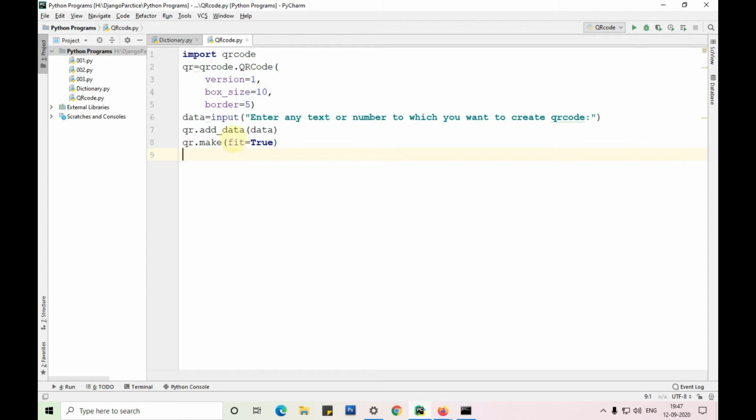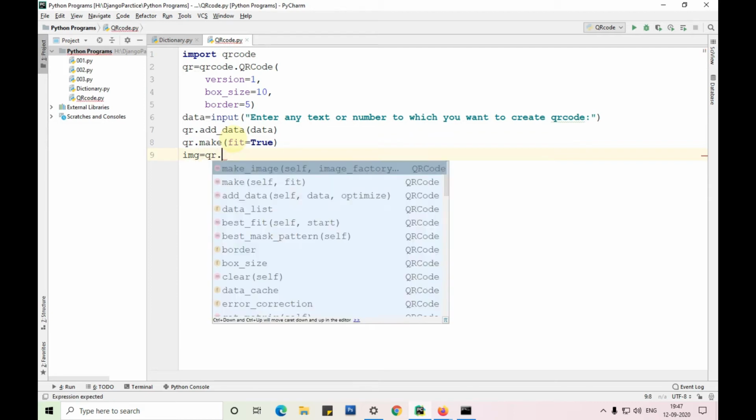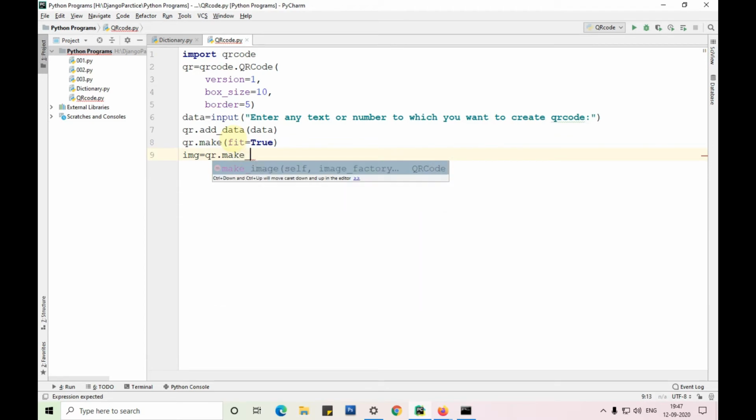Now I'm creating the image variable to save the image of the QR code, which is equal to qr.make_image, fill is equal to black.